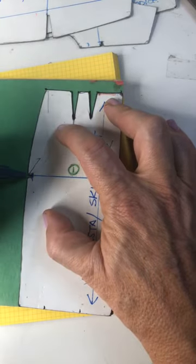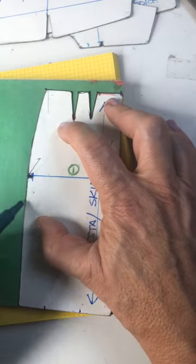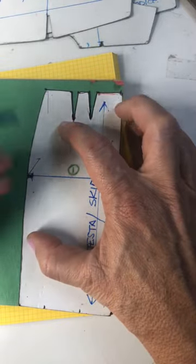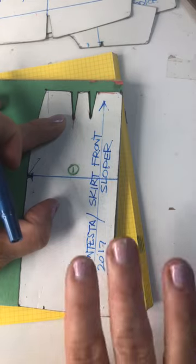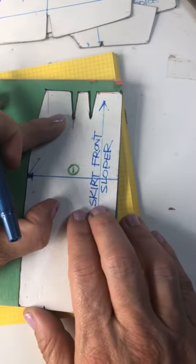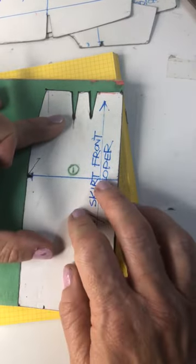The reason I'm tracing right on the edge here is because this is my sloper. Sloper means that this pattern has no seam allowance on it. This represents